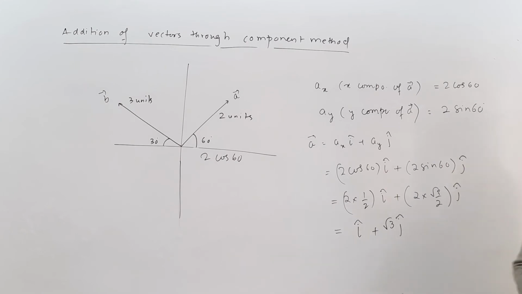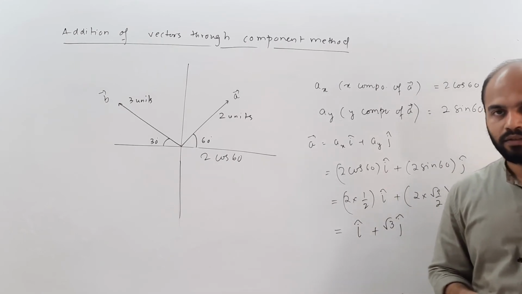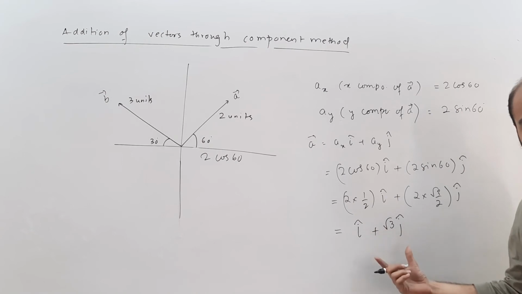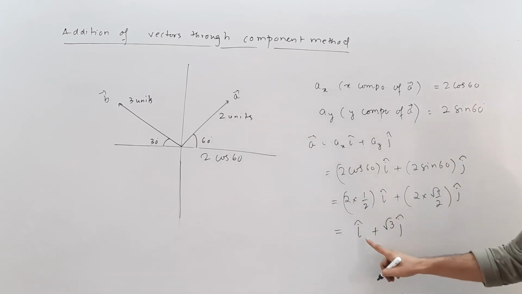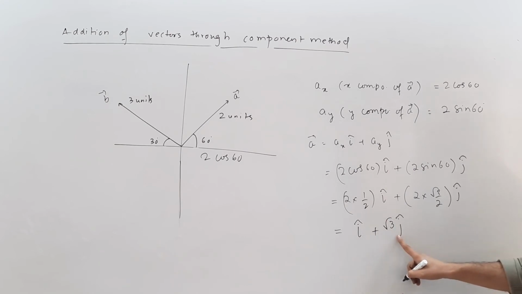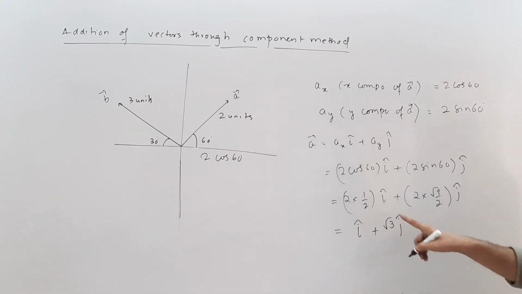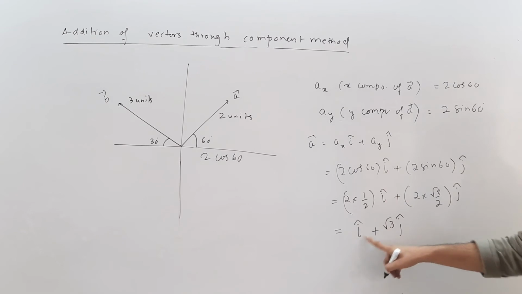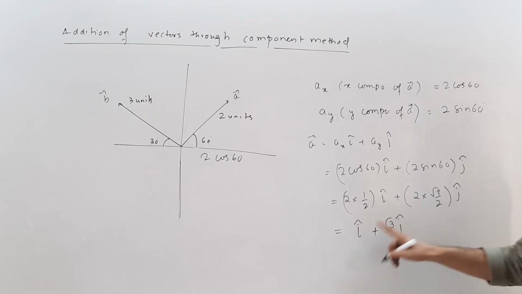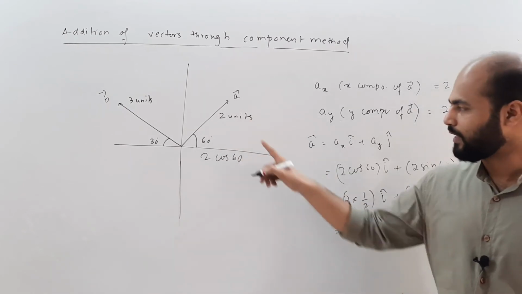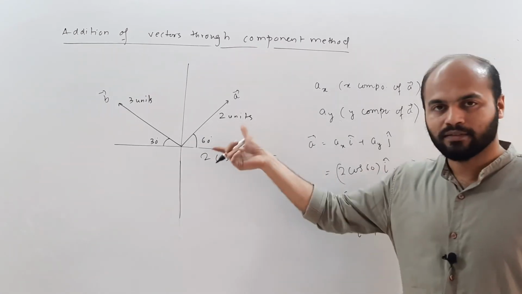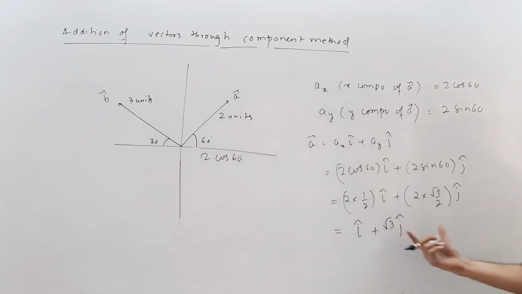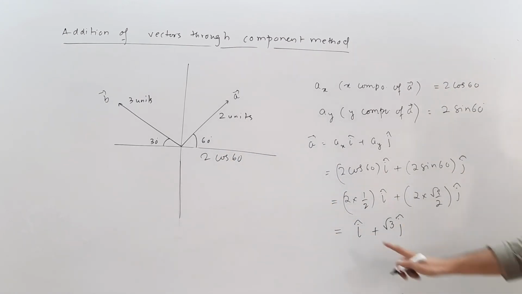What we were doing a few minutes earlier was that I was giving you this and you were going to this, because we would locate the point as (1, root 3), then we would find the magnitude by finding its root over 1 square plus root 3 square, and we would get it as 2 units, and then we would find tan theta. That is what we did. Now we have come the reverse way, and given these details we can find out the vector also. So this is that vector.